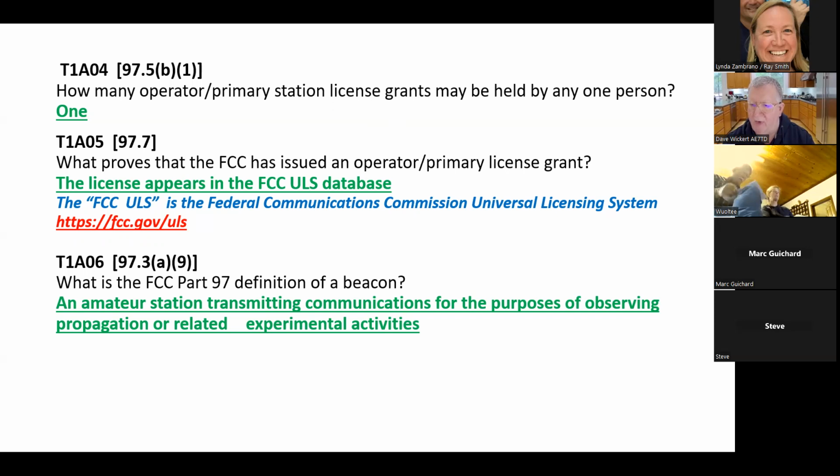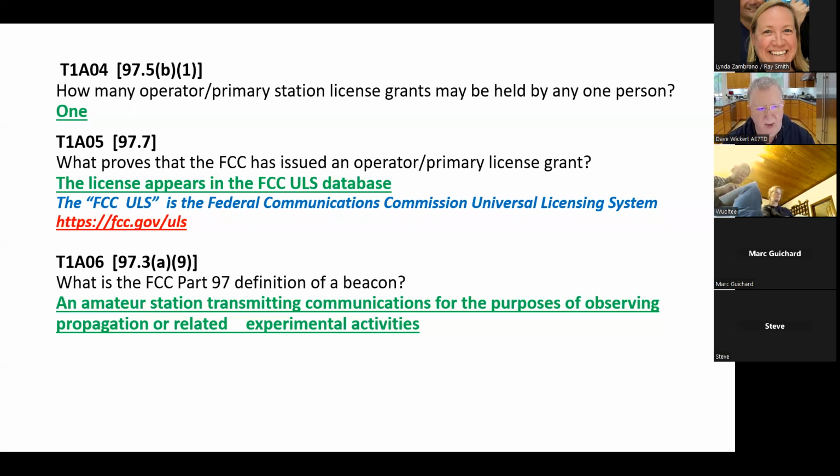Many years ago, the FCC issued pieces of paper that were your license. And about 20 years ago, the definition of what a license was changed from being a piece of paper to being a record inside a database. So your call sign, which is the index into the ULS, is in effect your license.